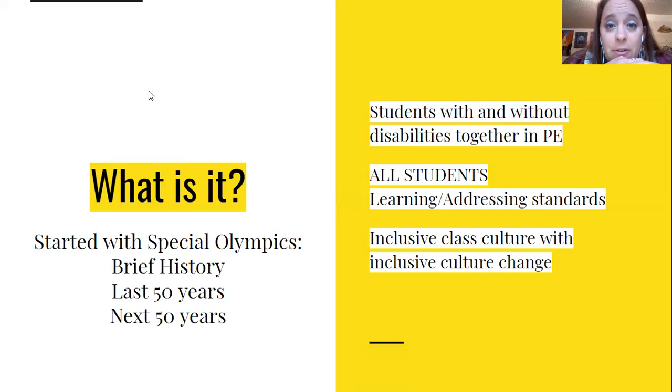But the next 50 years, because of how we've grown and policy and legislation that protects people with disabilities a little bit more, Special Olympics is trying to create opportunities for people to do sports and all sorts of activities, but people with and without disabilities together, because we've found that when we partner together with our friends without disabilities and with disabilities, it's powerful. And I see it in my class every day.